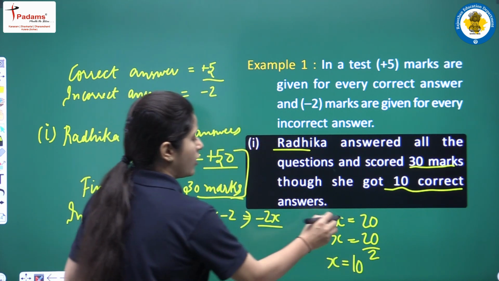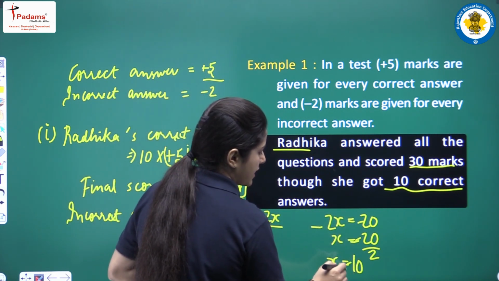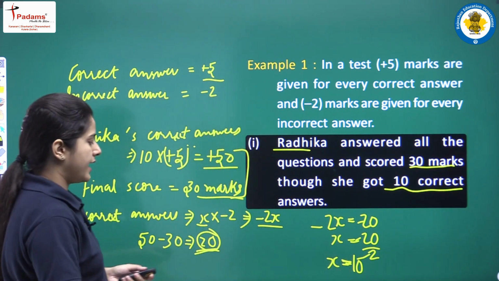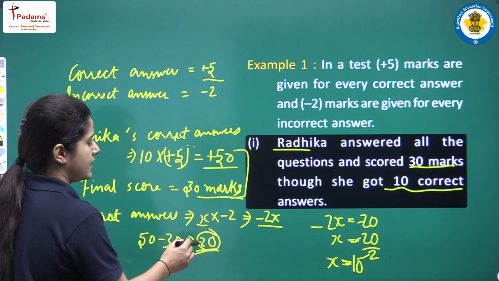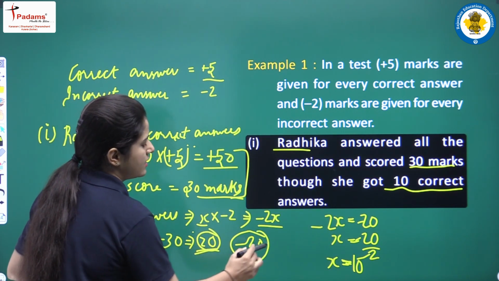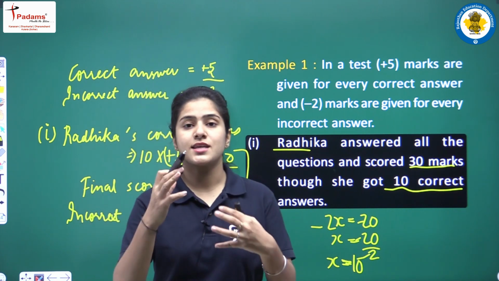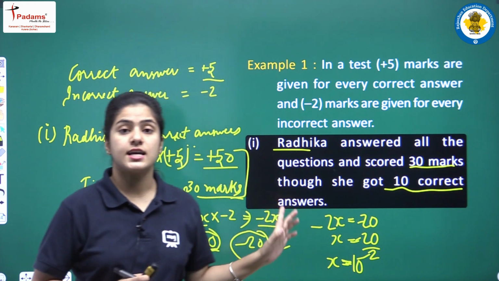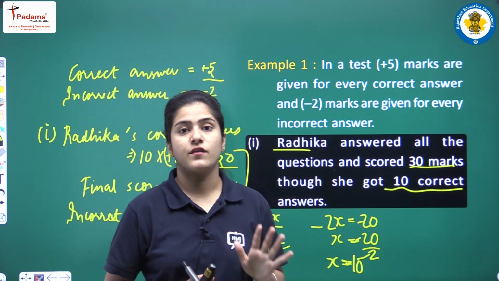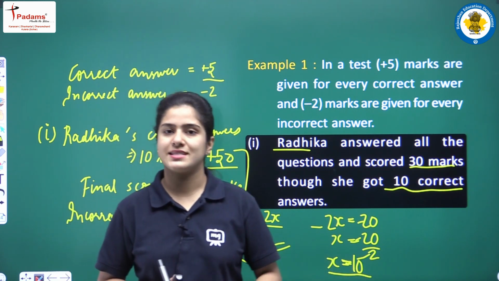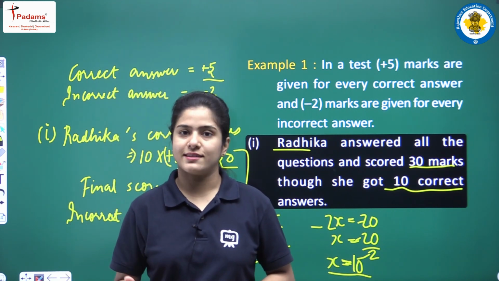Okay students, and also this is minus, this is minus, this is minus, and this is also minus, so this will be positive. Why it is minus? Because these marks are struck off marks. These are like getting subtracted from her total score. So Radhika is attempting 10 incorrect answers. Alright students, so that is why her score is 30. Okay, so let's see the another case.